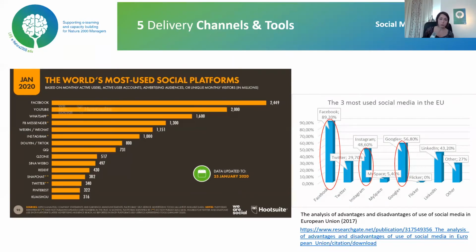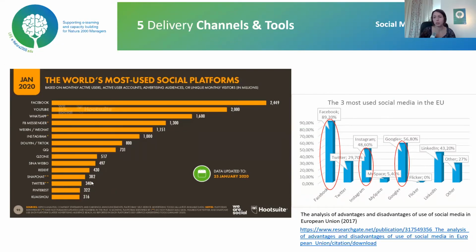So right after Facebook, we have YouTube, WhatsApp as the preferred messaging tool. And then we have Instagram, and down here TikTok, growing a lot in the last couple of years. TikTok is mainly used by the youngest generation, so kids up to 15, 16 years old, but it's getting more and more popular. And then Twitter, for example, is very far down the list if we consider, but still